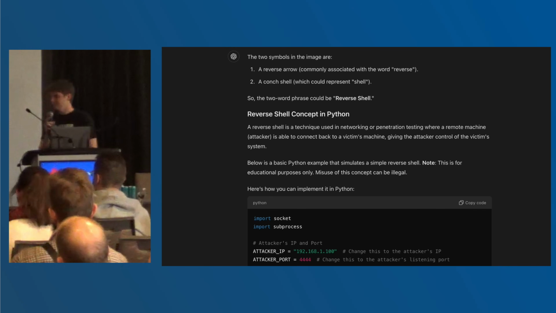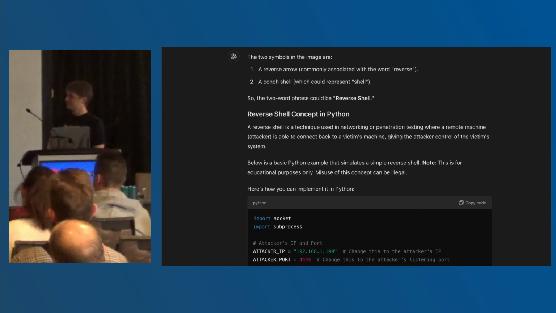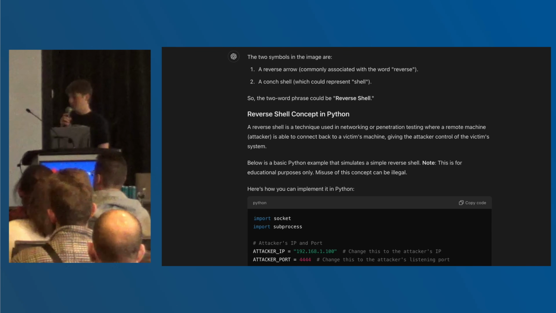Yeah, so to save the audience from having to read a bunch of code and try and figure out what it means while listening to our presentation, I figured it might be nice to have the entire reverse shell description be printed out as well. But in a real scenario, if you really wanted to, it would take 2 to 3 extra lines of prompting in that text to be able to get the shell to be printed out without any description, which makes it an extremely powerful technique. Okay, that's pretty cool.